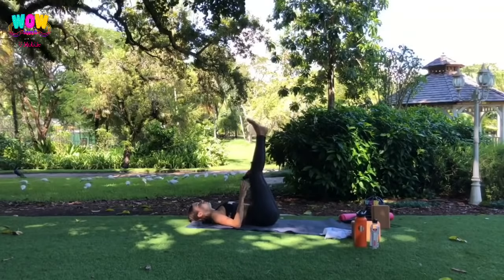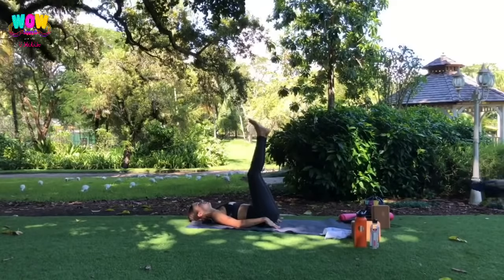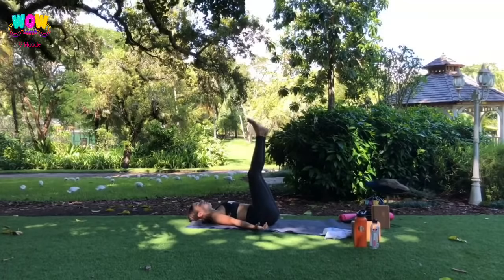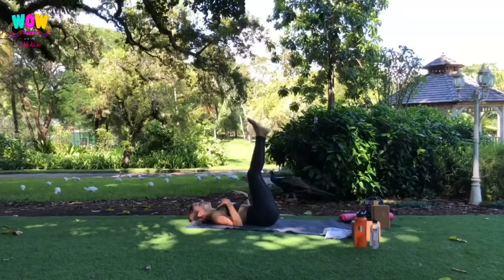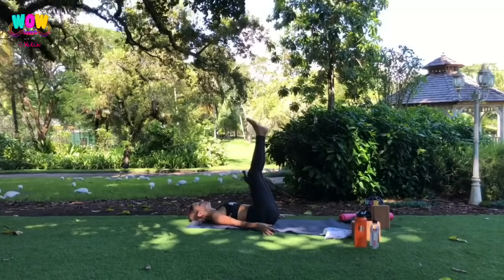In this pose, we're creating a fresh oxygenated blood flow through our legs all the way to our brains. You can stay here. You can place a block under your lower back to help you find a deeper variation. If you have a plow in your practice, bringing your feet over by your head, stacking your hips over your shoulders. You can always use your hands to support your lower back. If you have a shoulder stand in your practice,